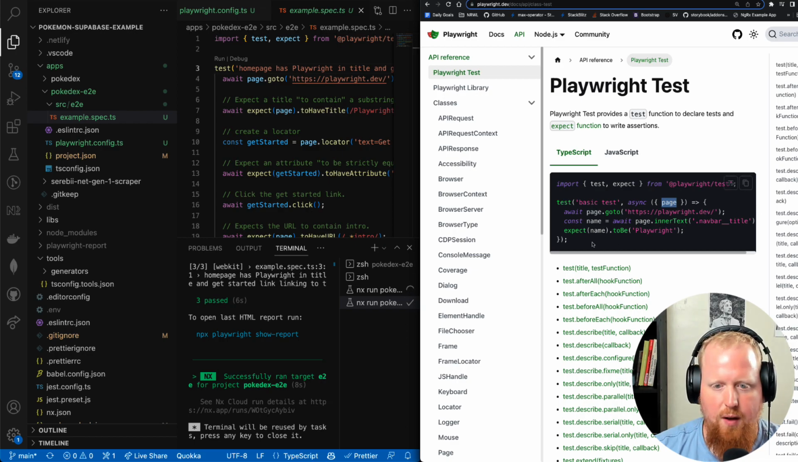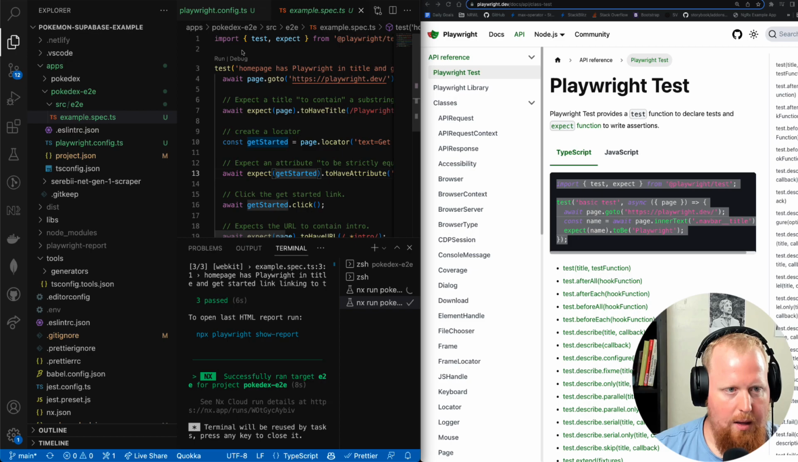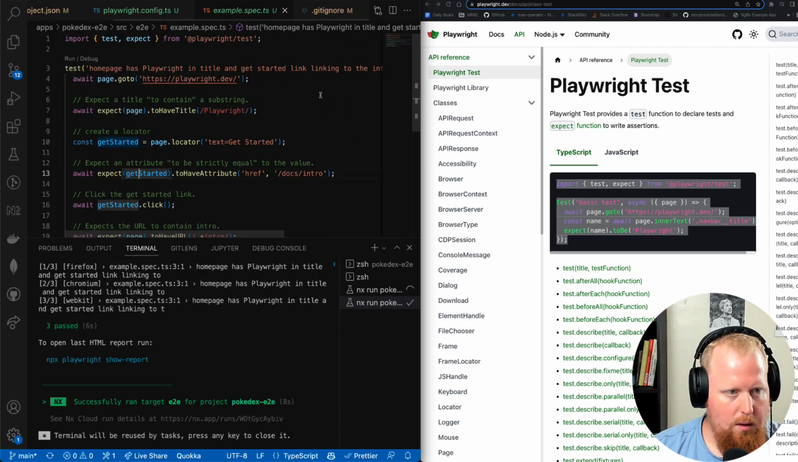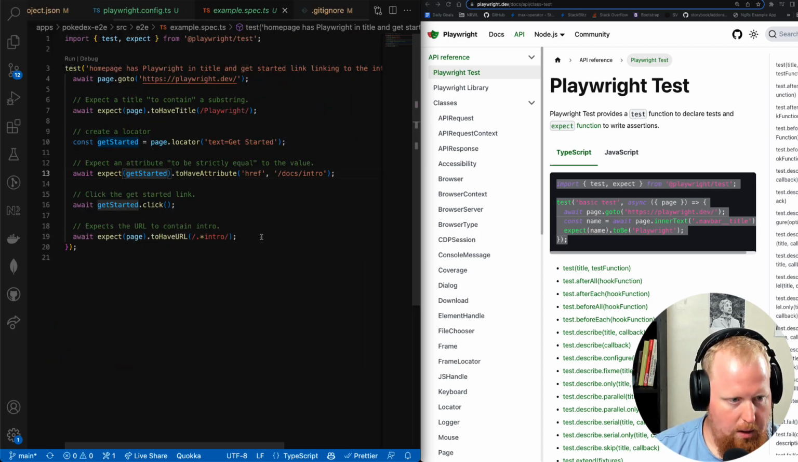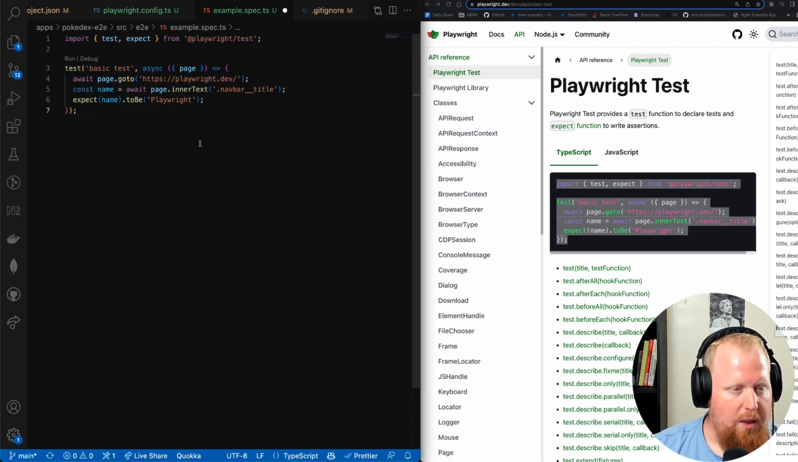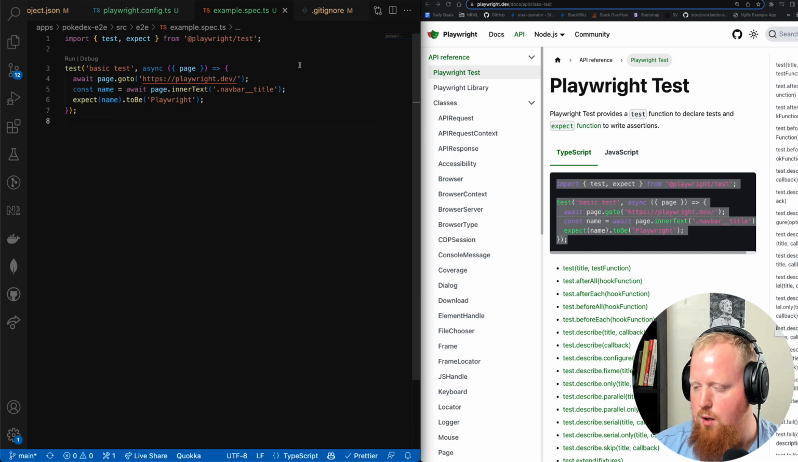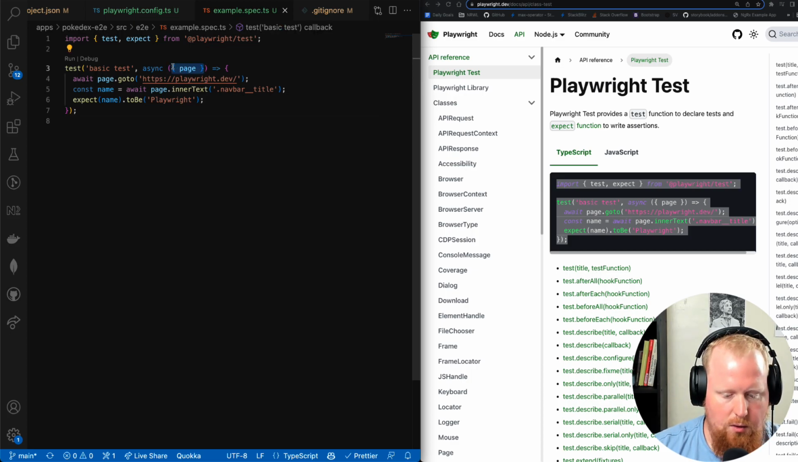of an object. So if I copy and paste this code from the snippet here into our spec file, let me clear up the page a little bit. I'm just going to dump that in here to our example spec that we were using before. So the argument of this test callback is actually a context object that has a page property in it. So if we were to change this around,